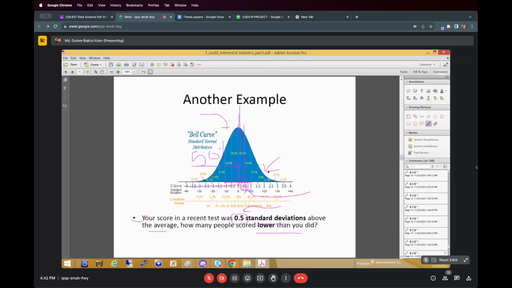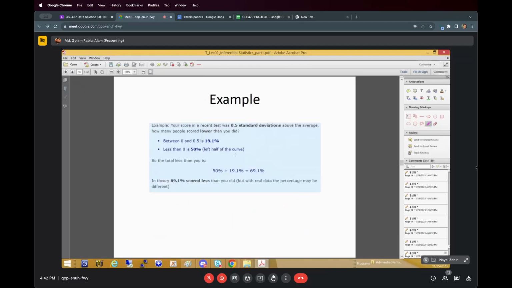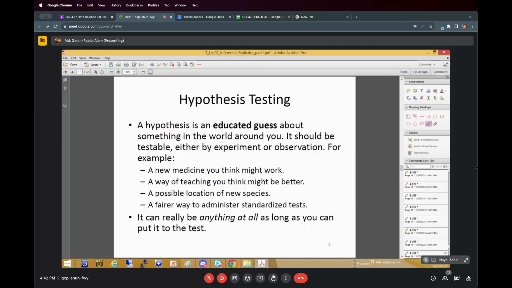So that means 69.1% of students scored lower than you. So that's also interesting to find. So here is 69.1%. Okay, now